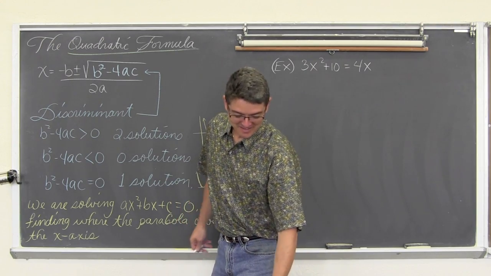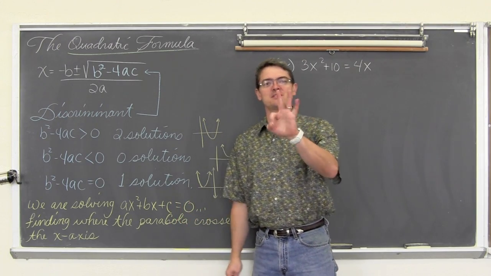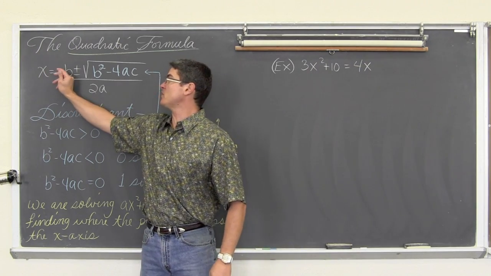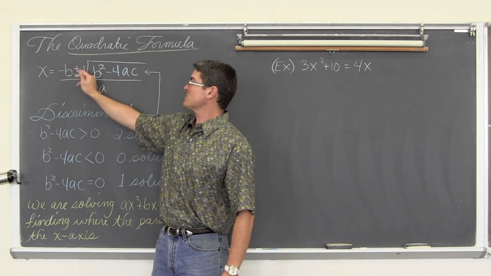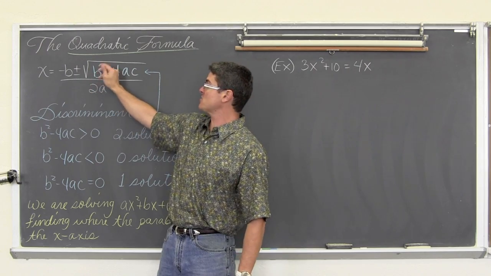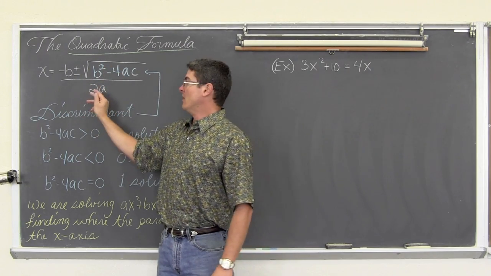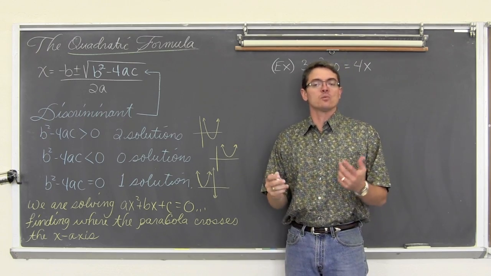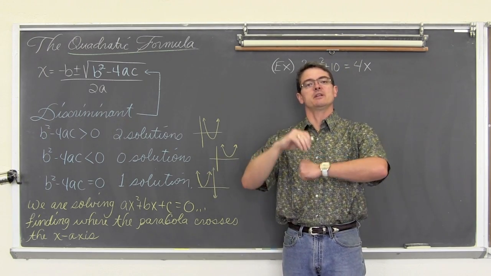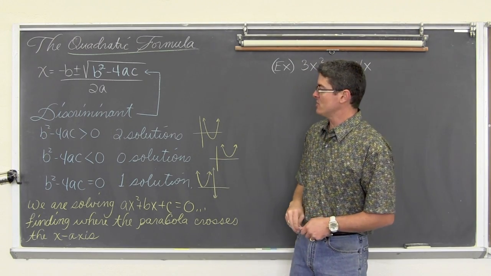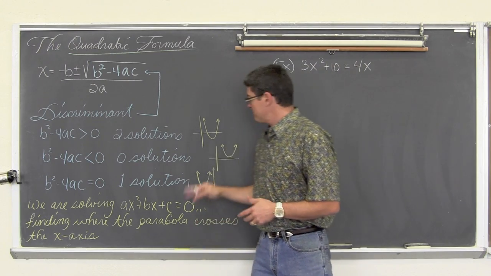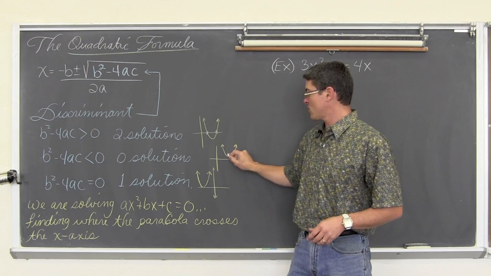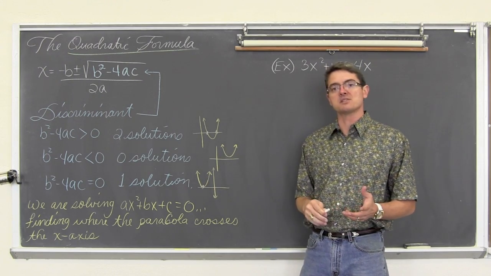I am Mr. True. In this video, we're going to do 3 examples to show you how the quadratic formula, which is x equals the opposite of b, plus or minus the square root of b squared minus 4ac over 2a, will allow you to find the x-intercepts, roots, zeros, solutions, pick your name, whatever your teacher's using, to find the place where these parabolas cross the x-axis.